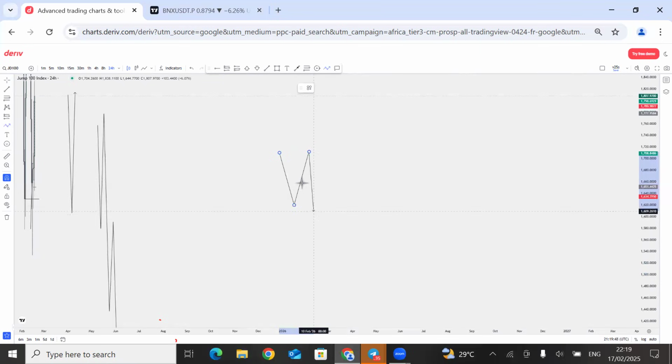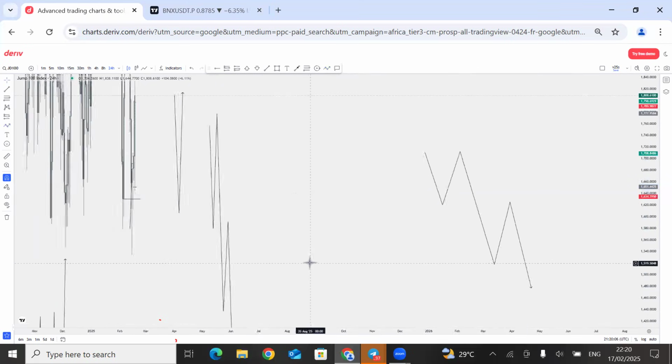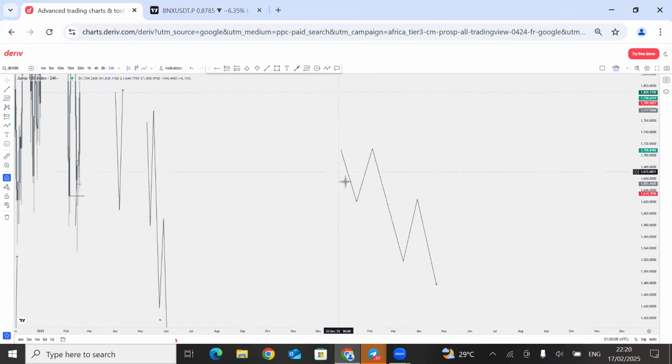So if the trend is bearish, you see price is not going to respect it. Price is not going to close above the key level. It's just going to come and break it. And whenever price breaks down like this, what do you expect as a wise trader? Expect now the opposite to come. Price will now come back and retest this key level. So you're not going to be losing any trade. Both ways, you're going to make profit. So if price comes and doesn't respect your key level, just know it's going to break and come back to